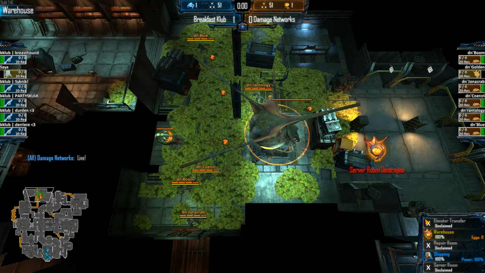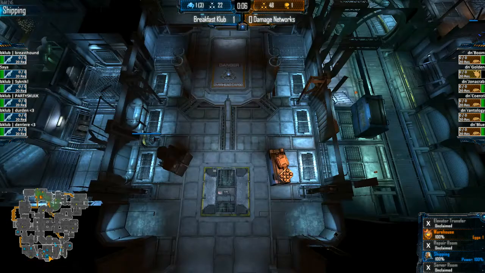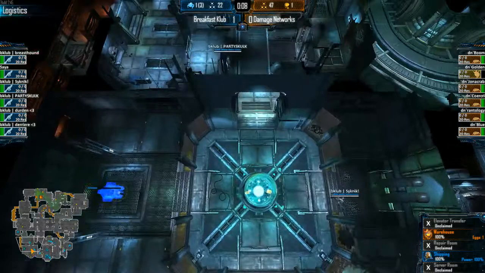We're gonna start it out. Warehouse spawn for damaged networks, a great starting location for some early expansion. And down in shipping, once again, we have...